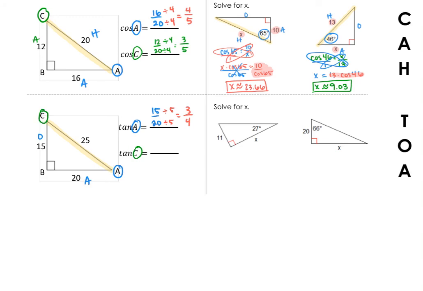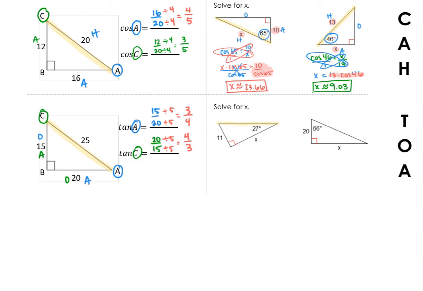When we switch reference angles, the adjacent side becomes the opposite and the opposite becomes the adjacent. They just switch places. So this is just going to be the opposite of A. It's going to be 20 over 15. Simplify, reducing by 5, so you should get 4 over 3. Now using tangent to actually solve for missing sides,